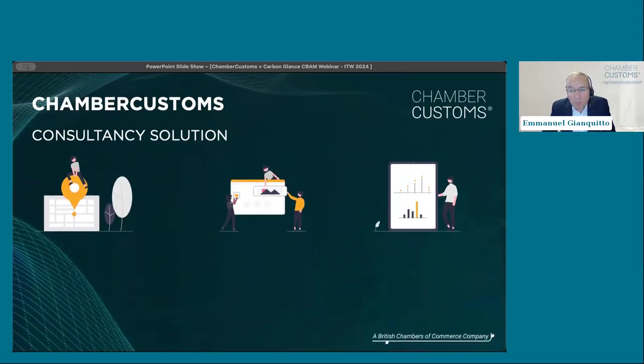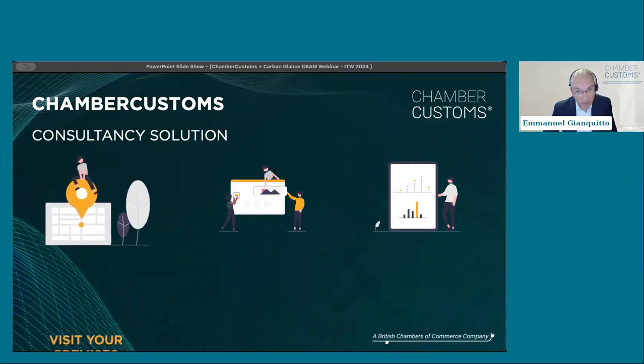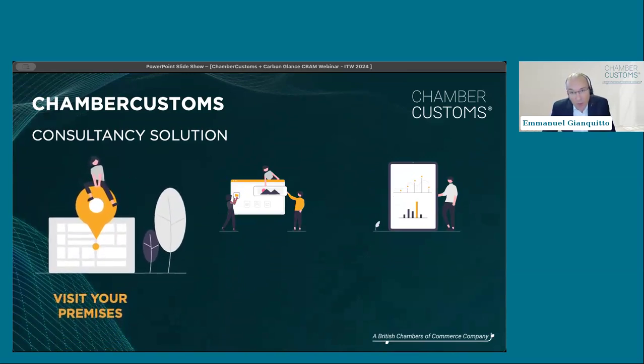Great. So what we've done at Chamber Customs is put together something to help UK companies who have products that fall within the scope of the EU CBAM and need to do these calculations and satisfy the requirements. We split it into three steps.